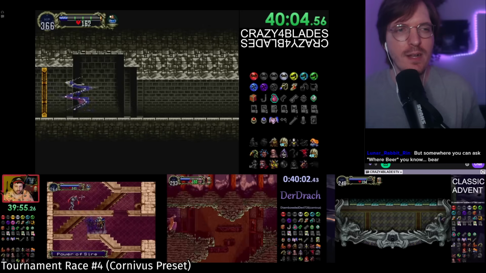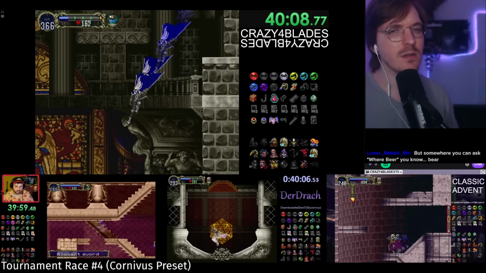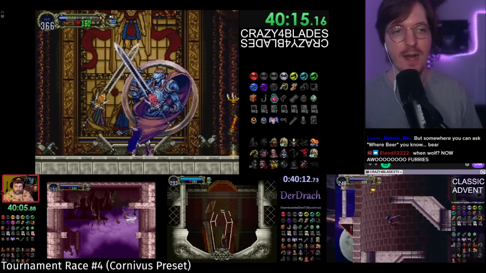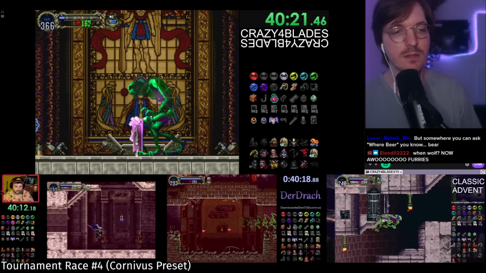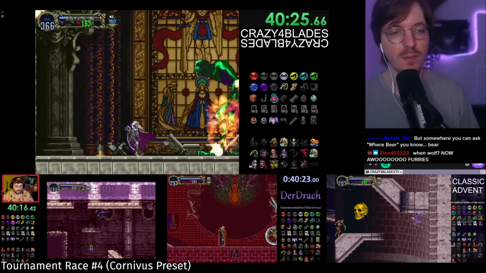So this is going to be a little bit awkward then, routing-wise for Crazy, because he needs Jewel of Open to do Silver Ring. However, Silver Ring might not necessarily be the exact location of the Final Vlad. It's possible that the Final Vlad is at Soul of Bat instead, which does not require the Jewel of Open. So...